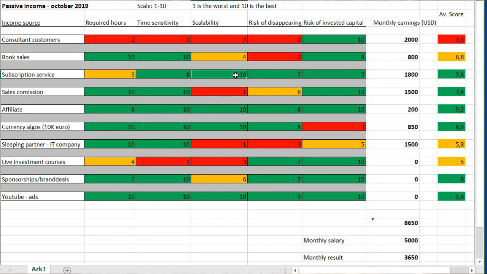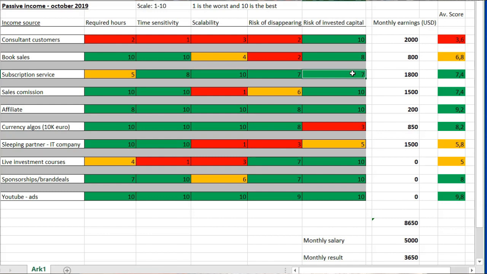Scalability, absolutely. From the couple of hundred customers I have right now, I can easily scale that up. It would take a bit of investment in ads and speaking engagements and so on, but it would be quite easy, and there would not be 10 times as much work if I were to double my income here. So scalability, absolutely perfect. Risk of disappearing, well, of course I could get sick or something, but if nothing bad happens, this one is not going anywhere. And risk of invested capital, this one will gradually get better and better,